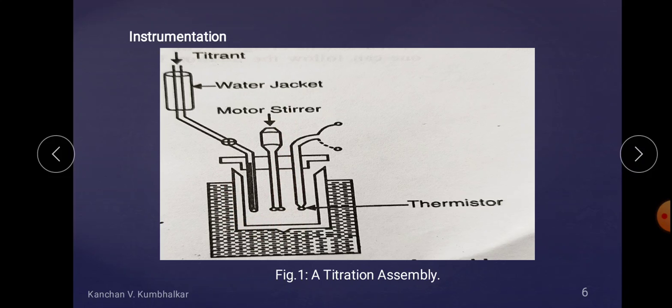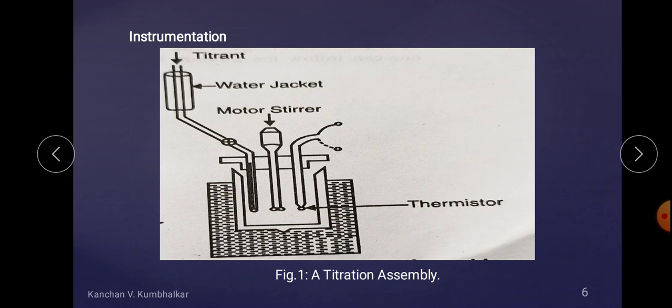The thermally insulated beaker, for example, a Dewar flask, is fitted with a mechanical stirrer, which has also been shown in this titration assembly. The advantage of using the Dewar flask is that thermometric titrations are carried out under adiabatic conditions, in order to minimize heat losses between the titrated solution and its surroundings.